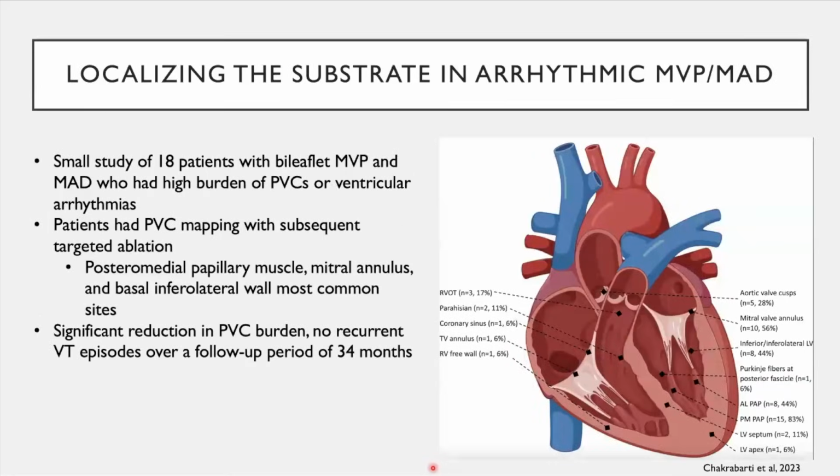And this is a nice small study that looked at patients with bileaflet mitral valve prolapse and mitral annular disjunction, done by Chakrabarty et al., who had either a high burden of PVCs or ventricular arrhythmias. They took these patients and performed PVC mapping with subsequent targeted ablation of where they found those signals. And as shown here, the most common sites that the voltage mapping showed were the mitral valve annulus, the inferior infralateral LV wall, and then the posteromedial papillary muscle,